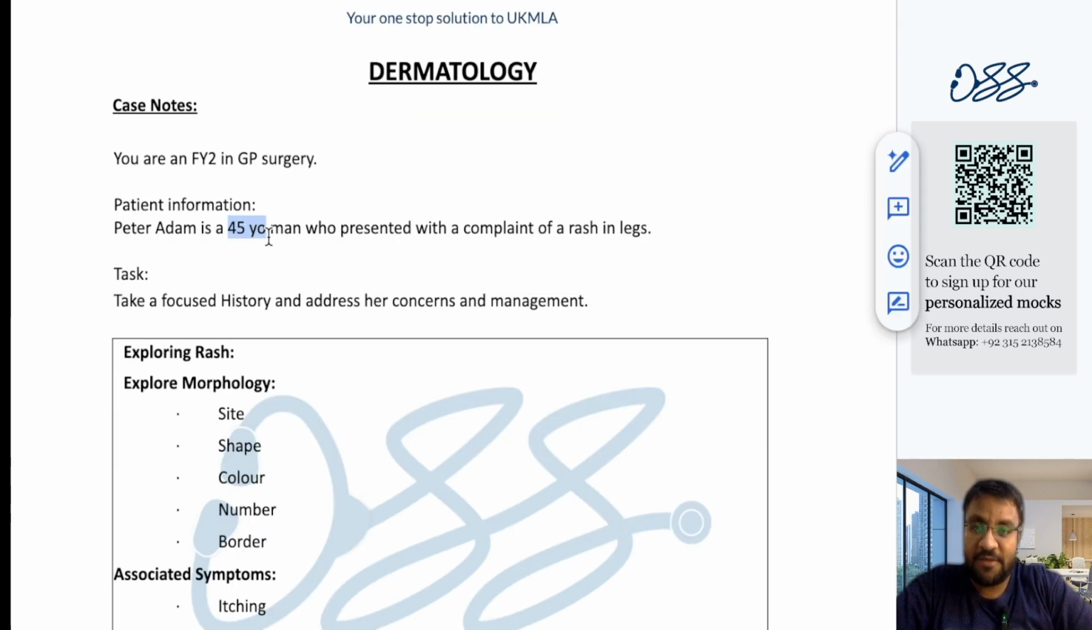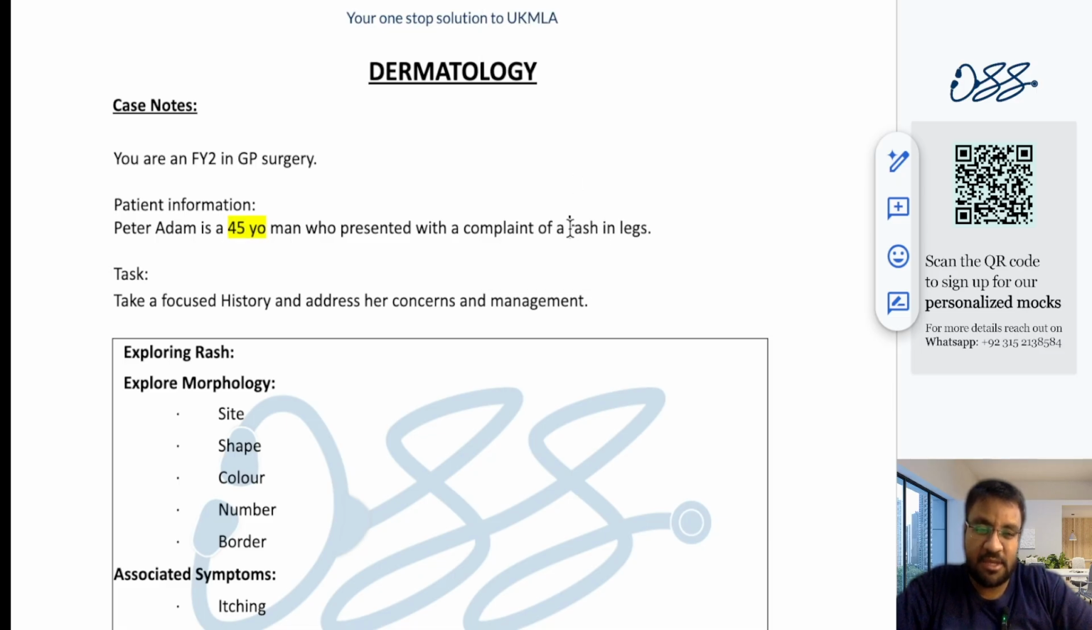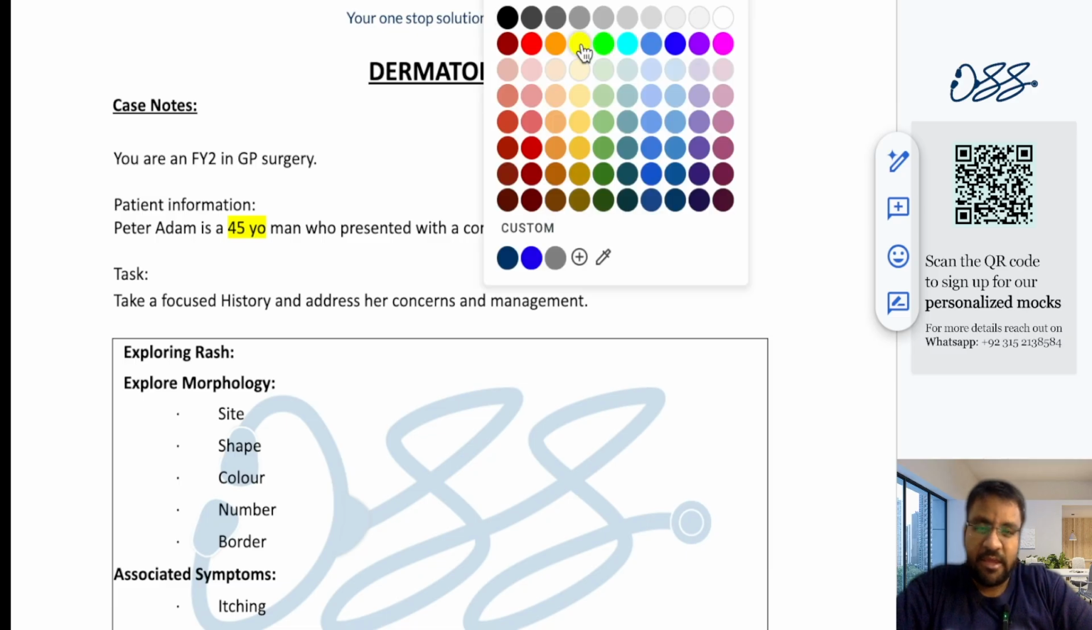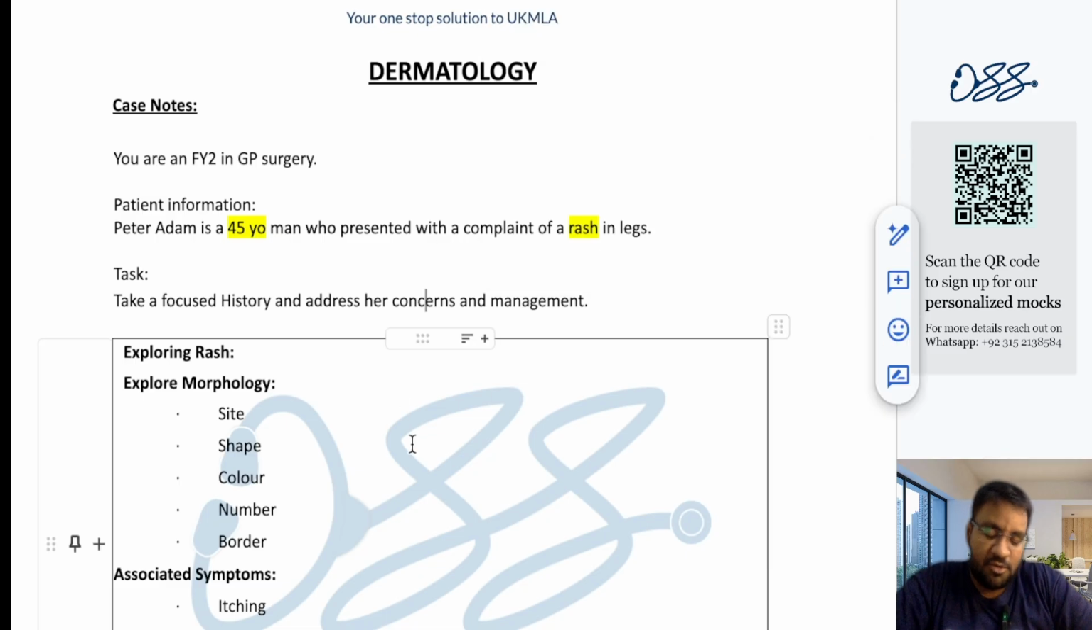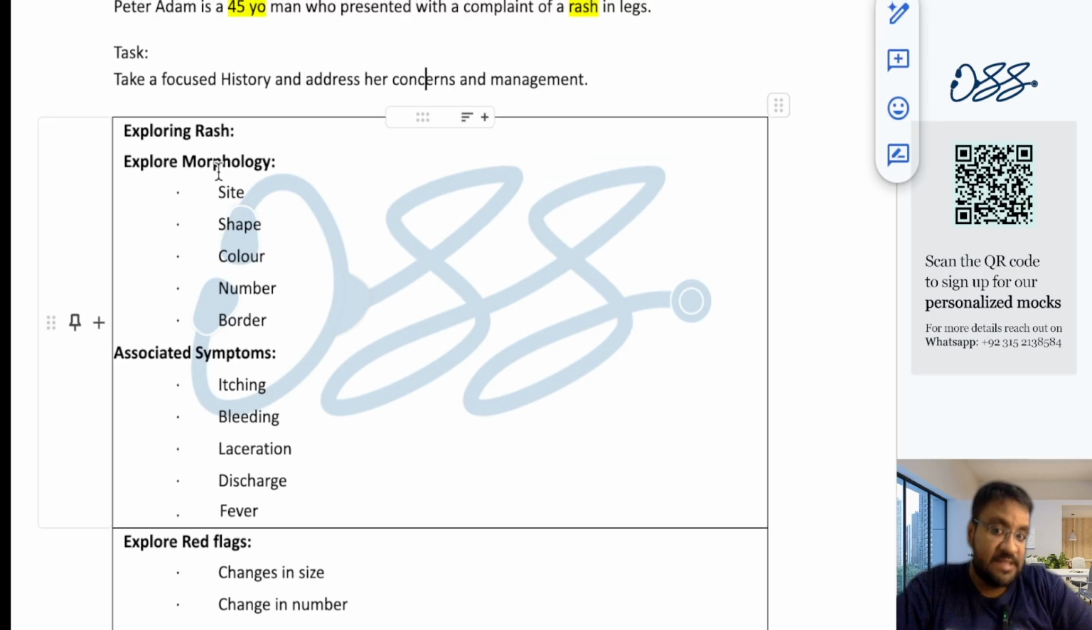This person is 45 years of age and he is presenting to you with a rash, okay. So the presenting complaint would either be a rash or a lesion, or the patient may present with itching, or something weird that the patient may have noted on the skin, okay. So you would automatically know, and it would be very well understood, that this is a derma case, okay. So the first thing that you need to do,